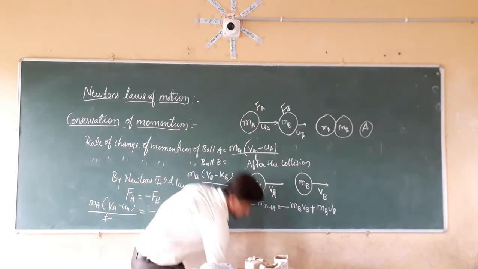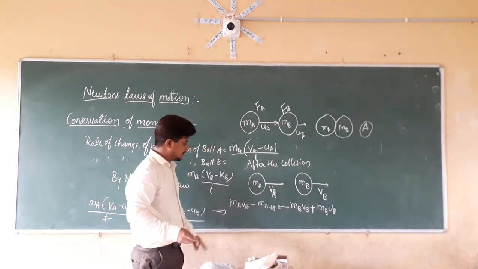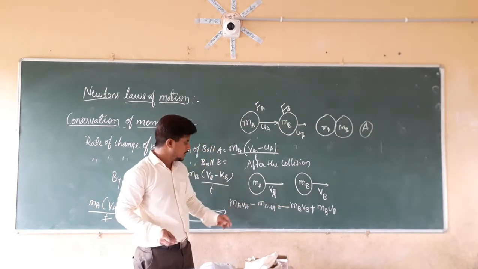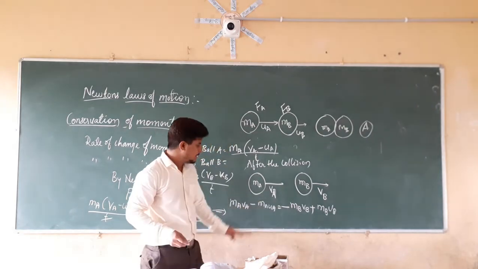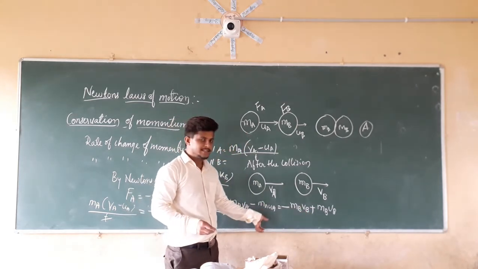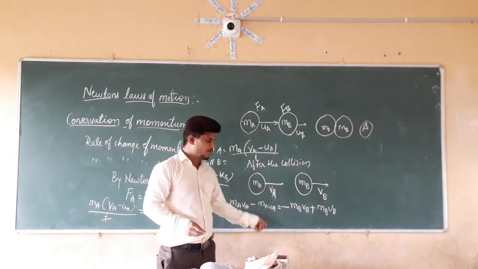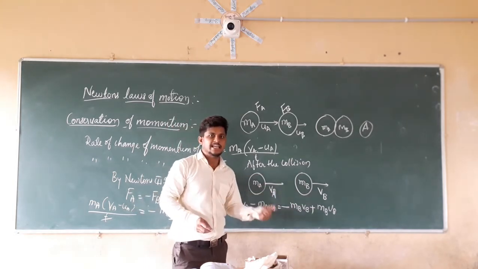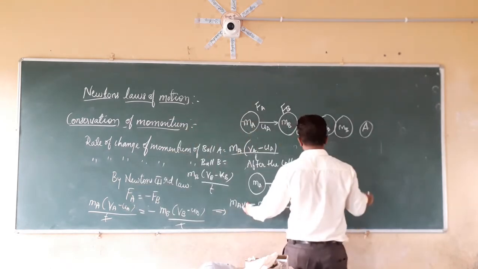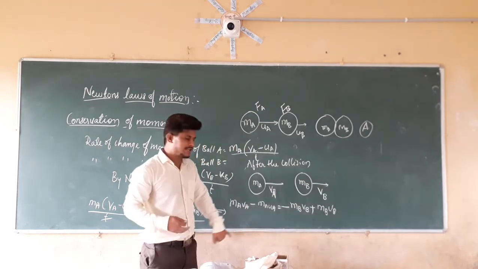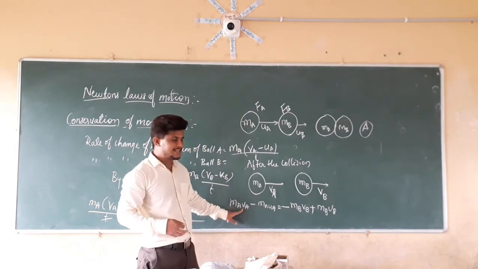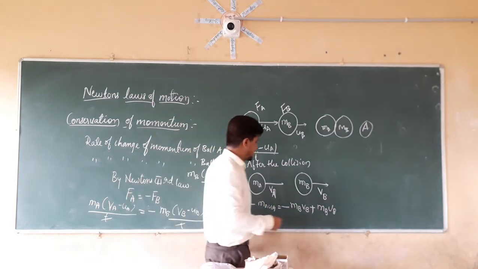So this can be written as: the rate of change of momentum is also equal to the rate of change of momentum here. Both momenta are the same, but this momentum is in the opposite direction. Because of that, we can say that this momentum is conserved. Whatever momentum we give initially, it is conserved after the collision also. So we take the positive side on one side and the negative side on the other. If I take this value to the LHS and this value to the RHS, it will become what?